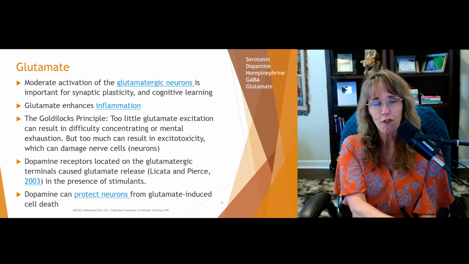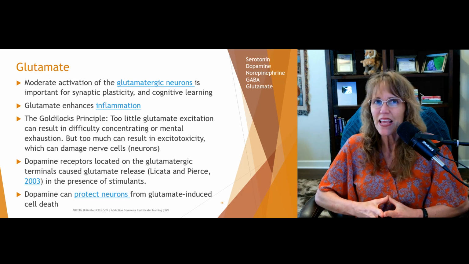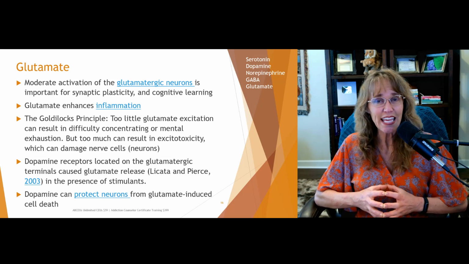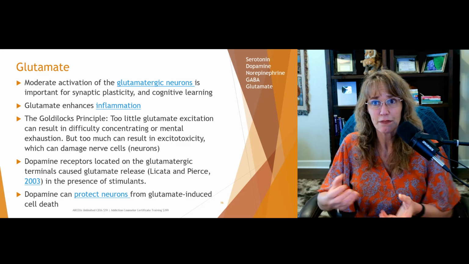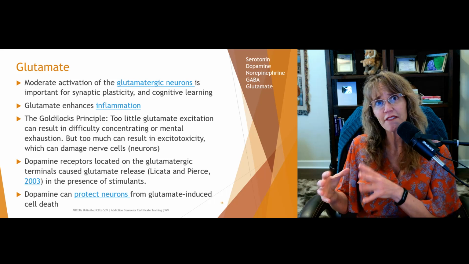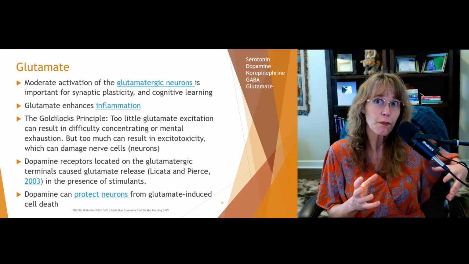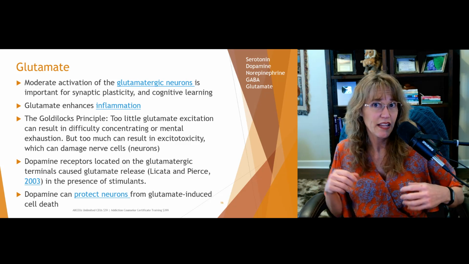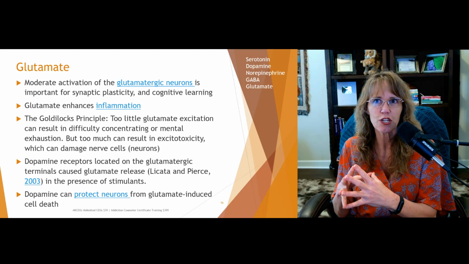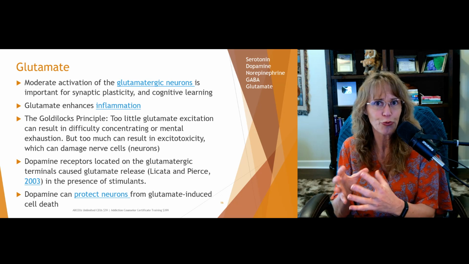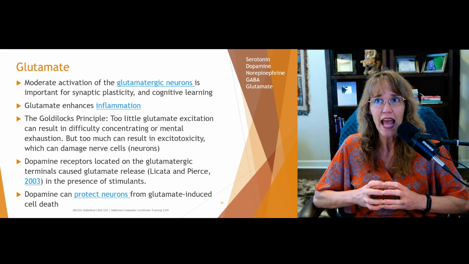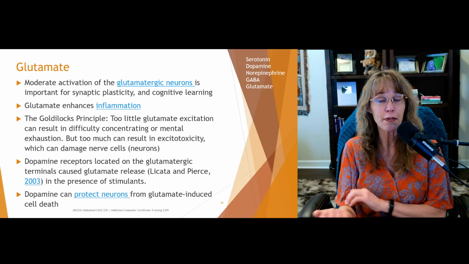Glutamate, over a long period, enhances inflammation. Inflammation is not always bad. Inflammation is your body's way of healing broken things. When there's something wrong, you've got a scratch or a cut or an illness, you have inflammation around that site. And that's the body's way of bringing blood and lymphocytes and whatever else it needs to fix that area. It's kind of like the ambulance crew going to that area. So inflammation in itself is productive because it indicates there's a problem and your body's trying to heal it.